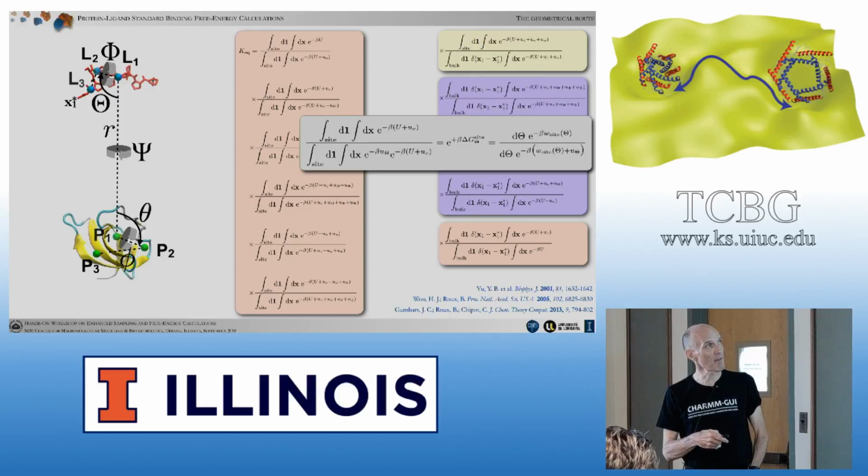And here, expanding this, I have U plus U_C. And I also have here U_theta, the potential that I'm applying on theta. And so you can see that you can isolate this, and now you're getting exponential of plus beta delta G theta. And it's nothing else than the integral of the potential with respect to